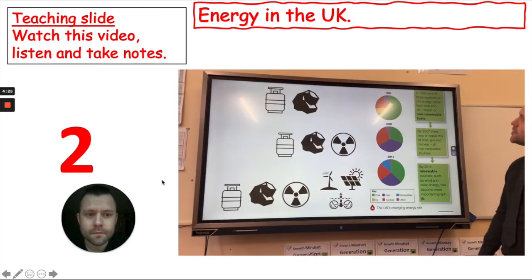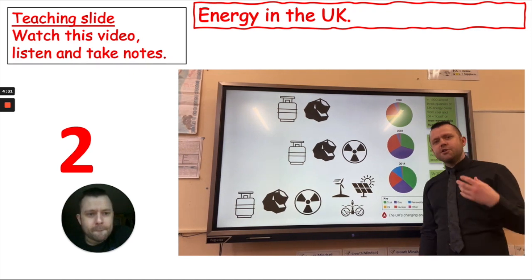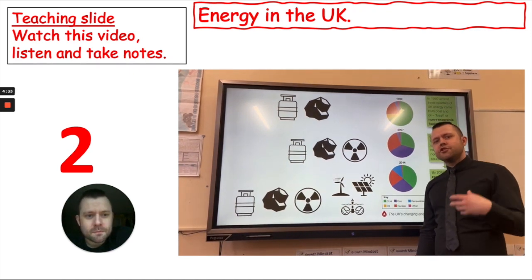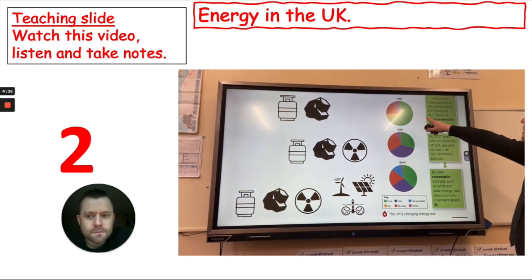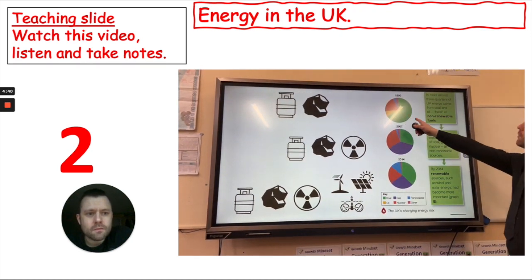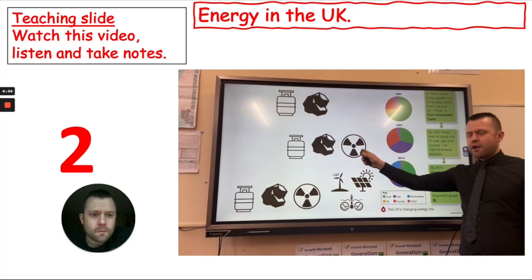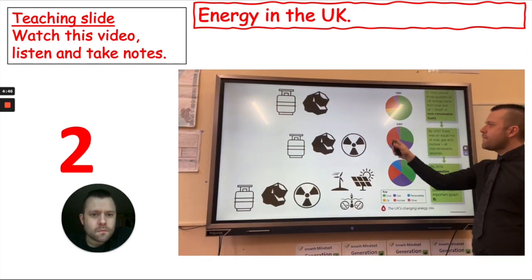Right, provision of energy in the UK. The UK's energy mix has changed over time. Energy mix is the range and proportion of energy coming from different sources. As you can see, in 1990, the vast majority of our energy came from fossil fuels. Moving on to 2007, nuclear energy was thrown into the energy mix, with now a third of our energy coming